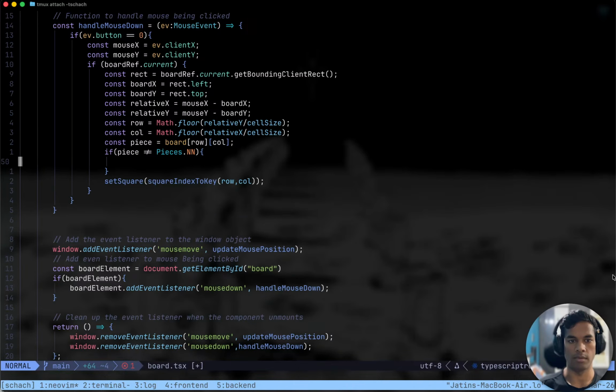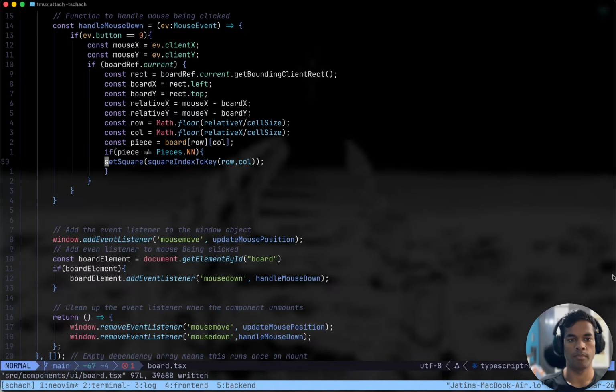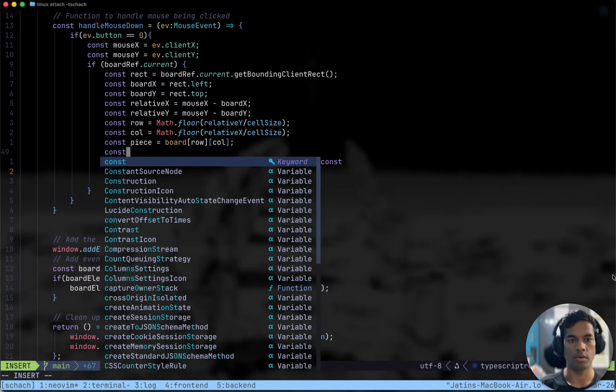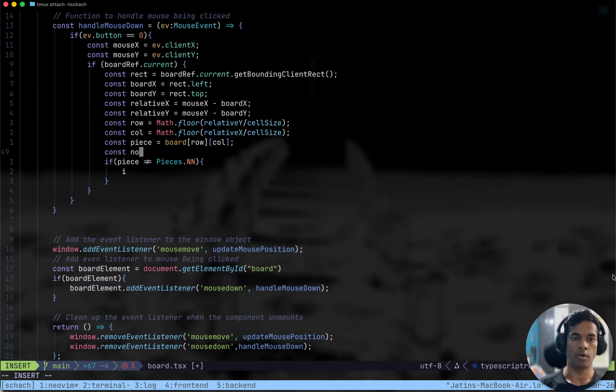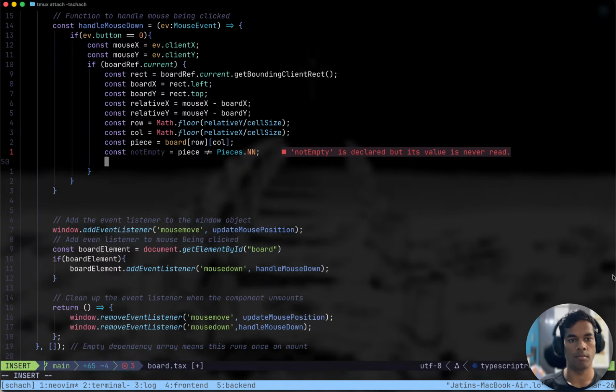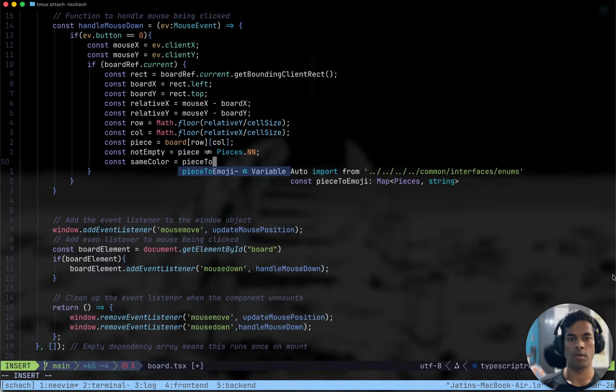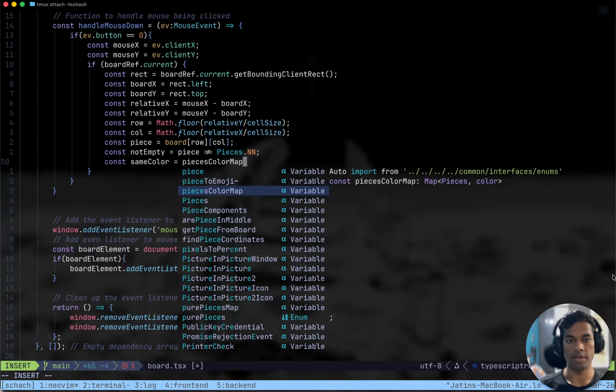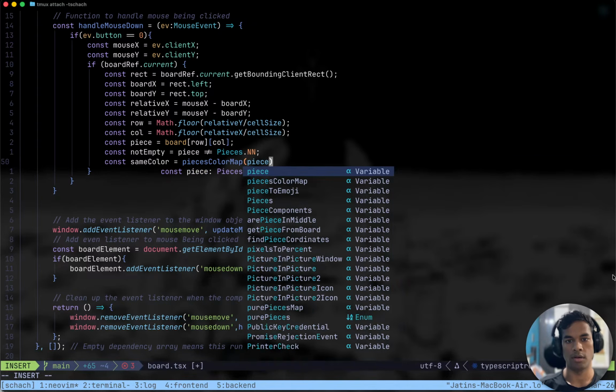First of all, piece should not be equal to empty, and then const not empty, and then const same color equals piece color map, give it the piece.